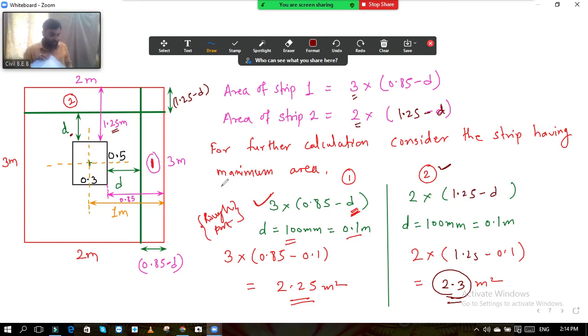आता मला सांगा की I will mark over here with the pen. See, this my total dimension is 2 meter, and suppose now up to here somewhere at this point. Okay, ही अशी स्ट्रिप आहे, समजा एवढी स्ट्रिप आहे, दिसती का बघा, एवढी स्ट्रिप आहे अशी. ओके, सो दिस डायमेन्शन ऑफ दिस स्ट्रिप इज 1.25 मायनस डी. आता हे काय होणार आहे, तर हे जेव्हा फुटिंग असं असणार आहे, ओके असं असणार आहे इन दिस वे, तर